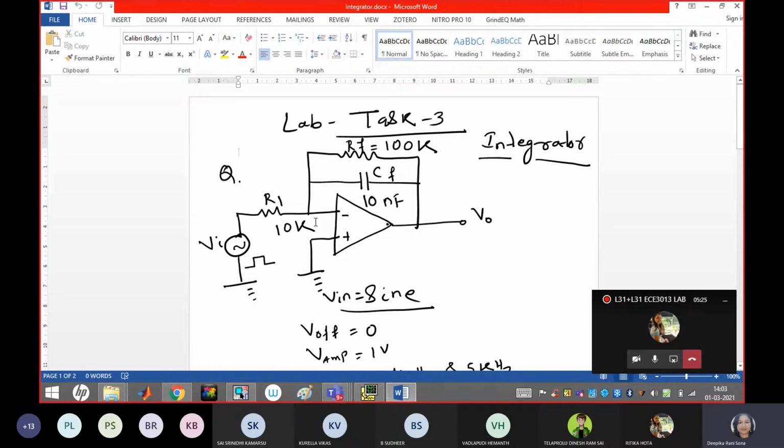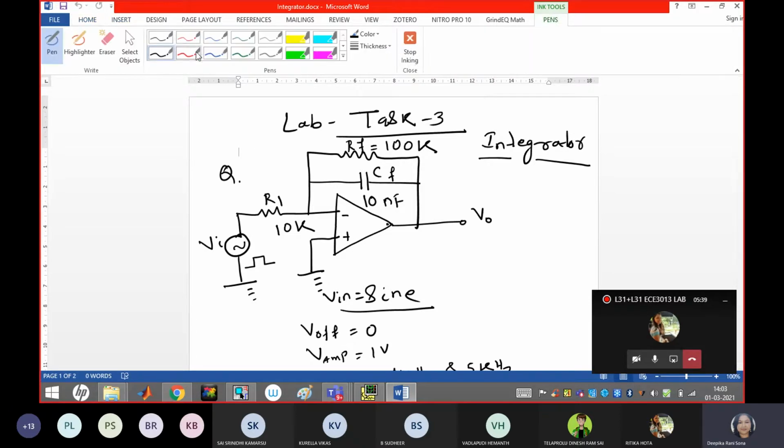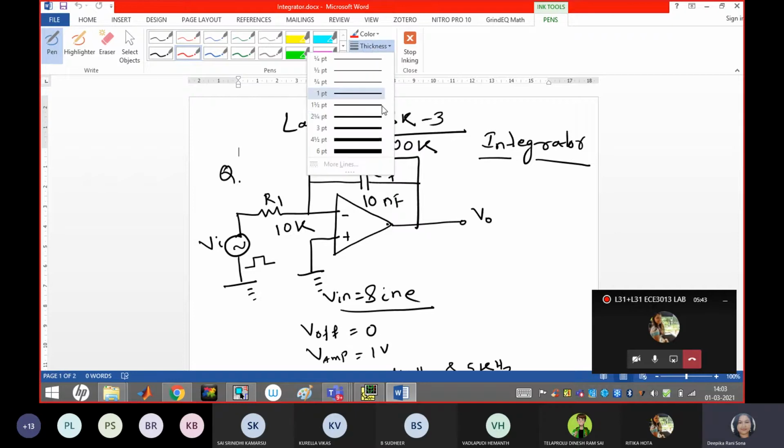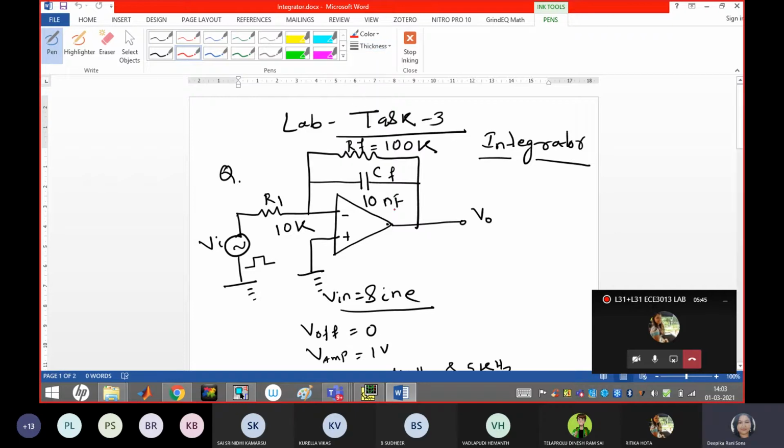We can make the integrator circuit with the inverting configuration of op-amp. We are going to apply two different kinds of input: one can be the sinusoidal input and another the pulse input. So Vin can be a sine wave and Vin can be a pulse wave.